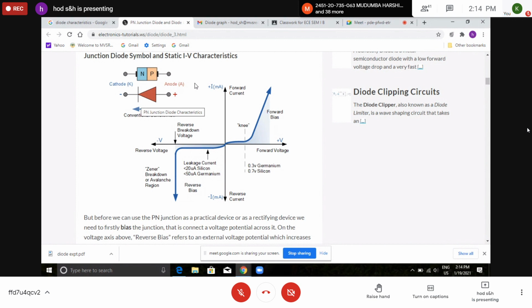Once you fix the DC voltage, you will be getting an option, add to table. If you click the add to table column, then for the DC voltage, the corresponding forward bias voltage is given to the diode, and the current will be given. So you'll be getting voltage and current.